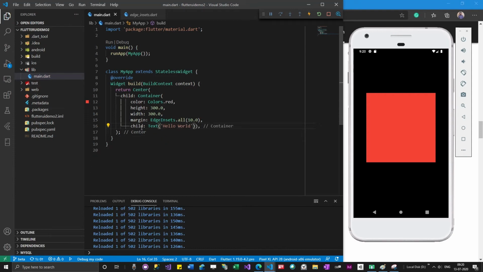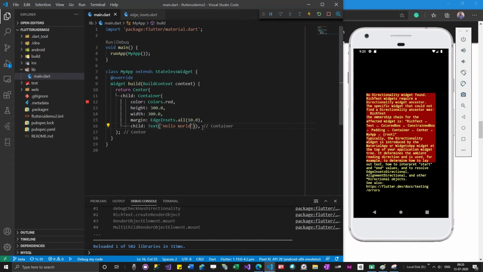Okay, so actually this will not run now. There is no special reason why it is not running, but Google expects you to use material design for your apps. As I said, material design helps you to follow some standards, right? Uniform standards, so any button, any text you add will look similar. So in order to fix this, I need to give a Directionality widget.